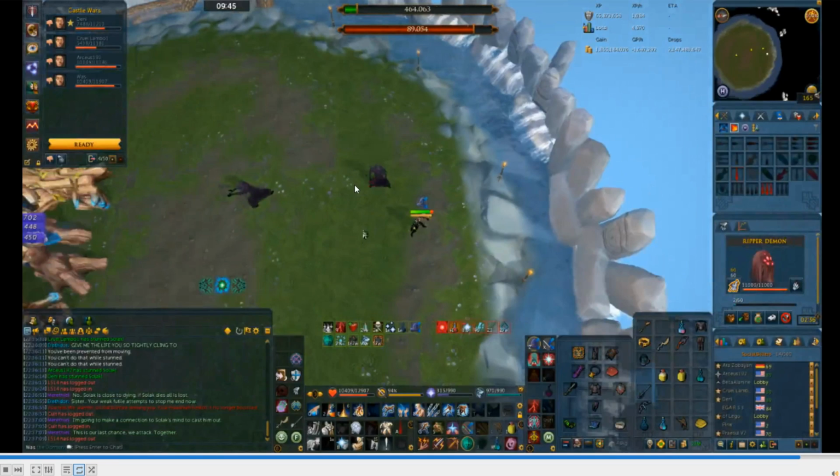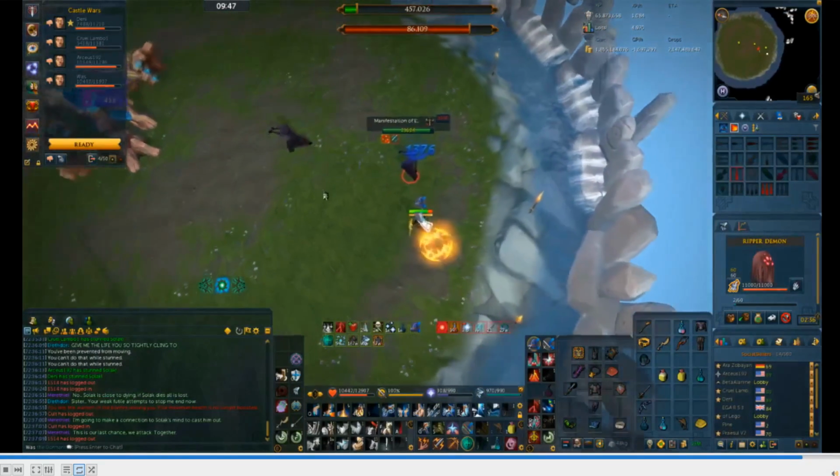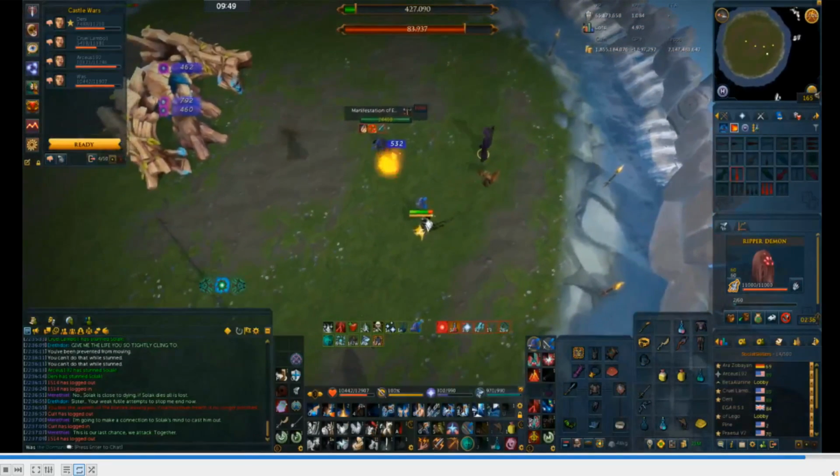Now, once you're inside the mind, you want to tag the manifestations onto you so they're not attacking Solak. Your goal is to keep Solak alive long enough so that the DPS can bring the HP down to 0, which frees Solak from Erethdor's mind. So what we do is we go in and we just tag all of them, and then you want to